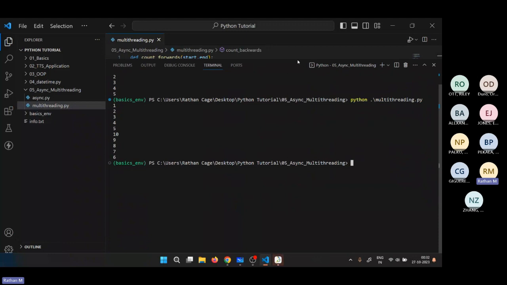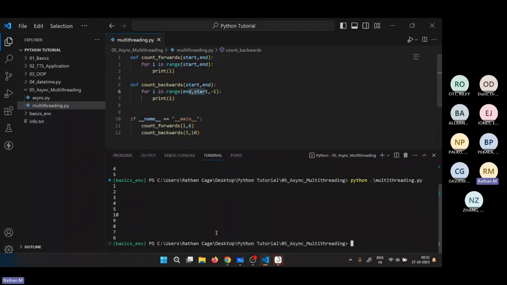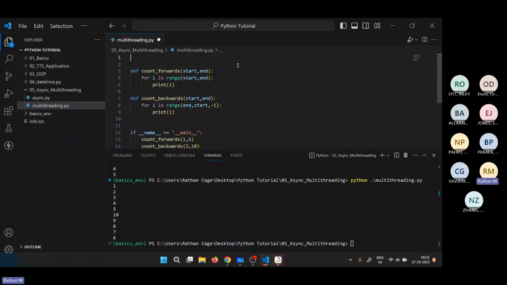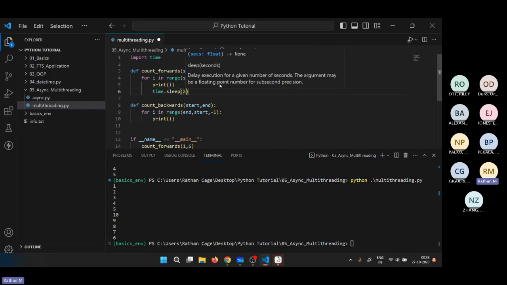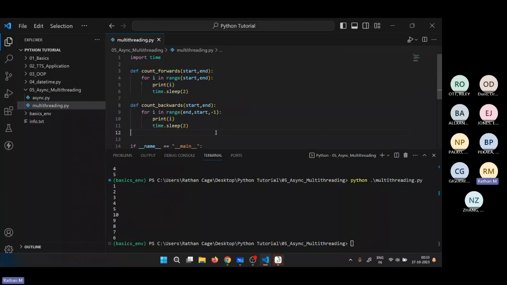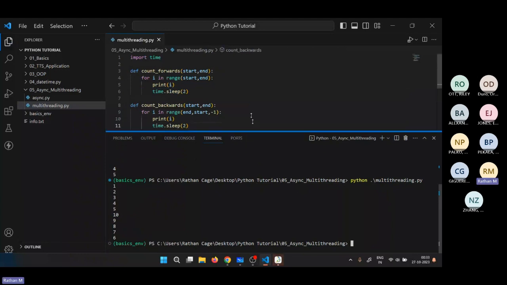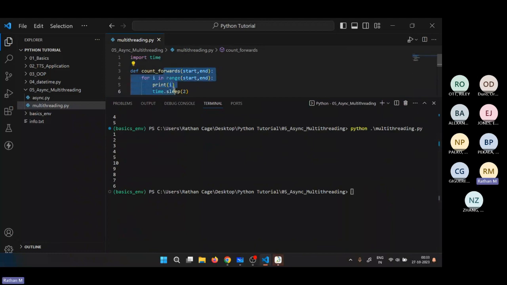Now, you may not think this is a task that takes too much time. So to make it a task that takes too much time, let's import time. And for each print, I'm going to use time.sleep of 2. We're going to sleep for 2 seconds within this application. And I'm going to do the same thing even here. Now, if you run this application, we get to see and realize that this first function takes a lot of time, and only then the second function gets to execute. If there were only a way to make sure both of them execute